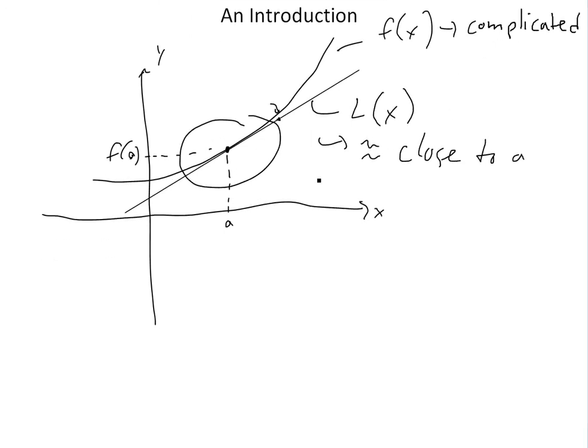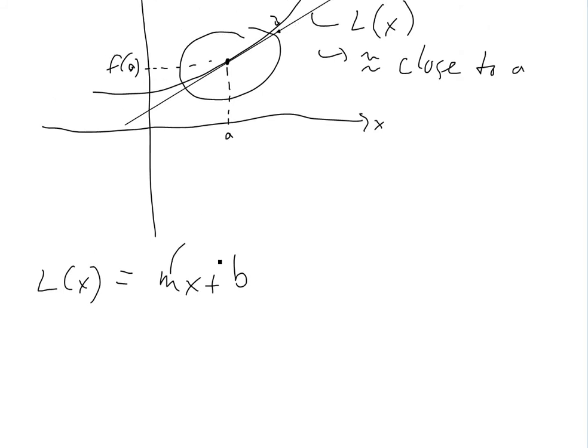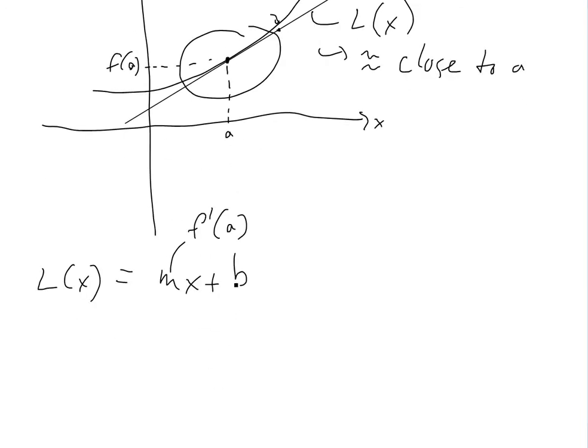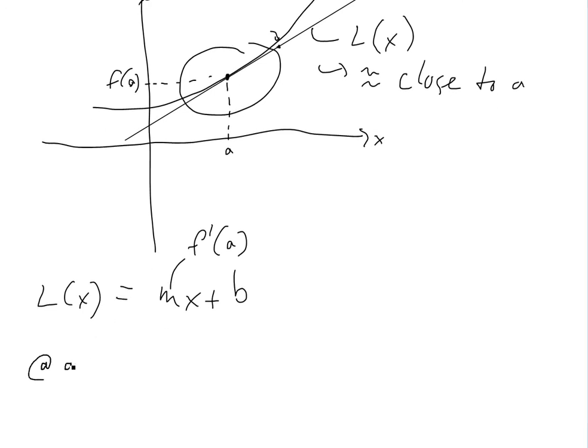So this L of x is just the equation of a line, but it's a tangent line at A. You could write the equation as L of x equals mx plus b, like in my video on the equation of a line, y equals mx plus b, where m is the slope. In this case, m would be f prime of a, the derivative, or the slope at a. To solve for b, we know the point they both share, f of a, so at x equals a,